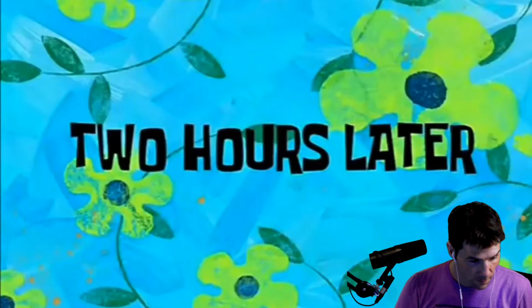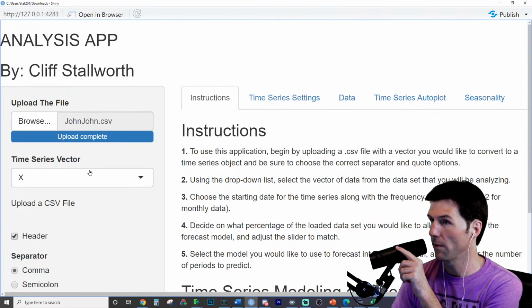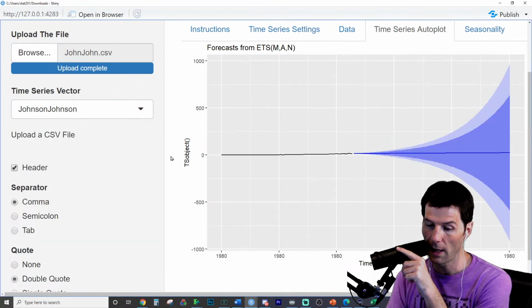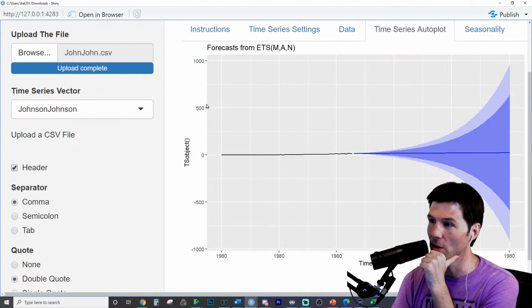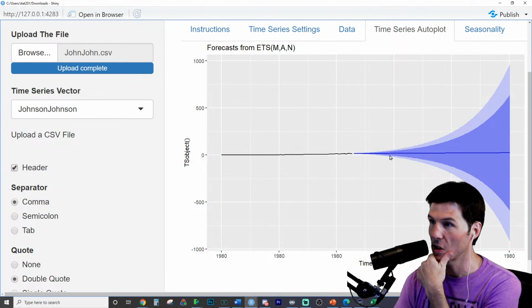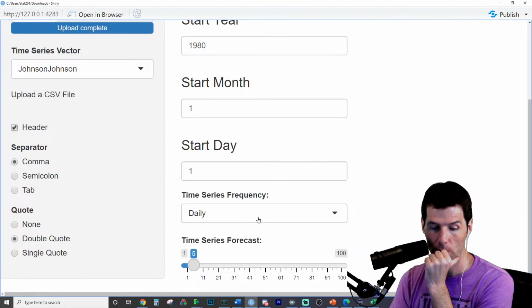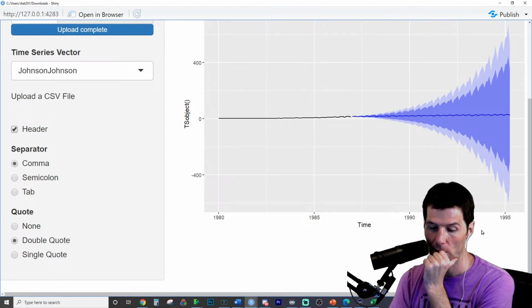Let's get that file. If I've achieved my goal, we should get... Yep, we're doing it. We've got it. Oh my God. That's cool. This is actually real predictions. And this is something I hate: when people predict too far in the future, your uncertainty gets ridiculous. It's like, how much money will Johnson & Johnson make? And this is monthly data. So how much money will Johnson & Johnson be making?